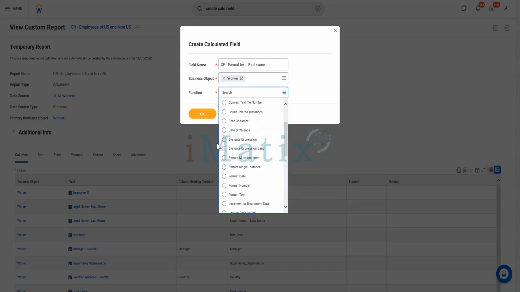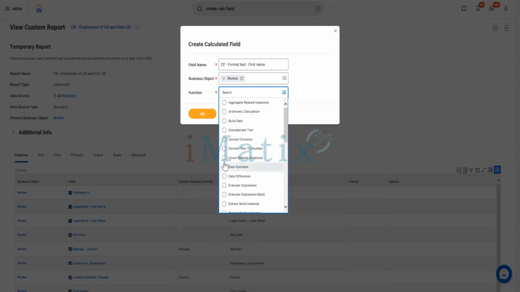And similarly, extracting the values from multi-instance and single instance, and evaluations. If you wanted to build dates, you will be using arithmetic calculations. You will be performing any kind of convert currency, convert text to number, all those things. If you wanted to give the count, let's say 10 children are there, and you wanted to give how many children are there, the kind of count that you wanted to have,